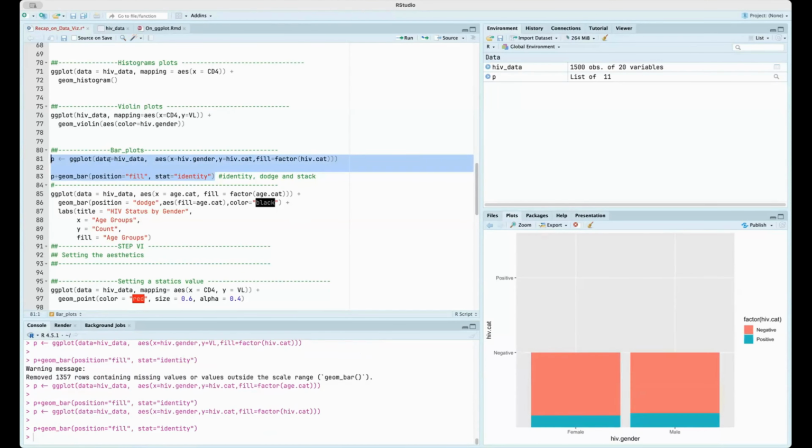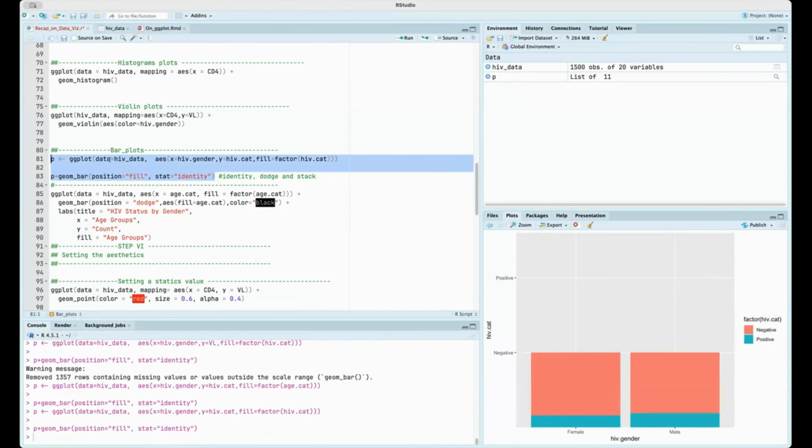Yes, so it actually fits. It actually just puts a trend line of that, so that it actually shows that as the CD4 counts increase, so does the VL reduce. This is a question. Look at this. Can you